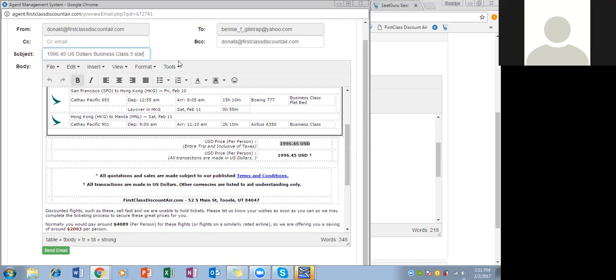So if it's business class all the way, you put business class. And I want to emphasize that when you put the price up here, you never have a dollar sign or a comma. No dollar signs, no commas when you put prices. Never dollar signs, never commas. It's just like when you go to your currency converter. No dollar signs, no commas. Okay? So the first thing you do is move this to the subject line and then put